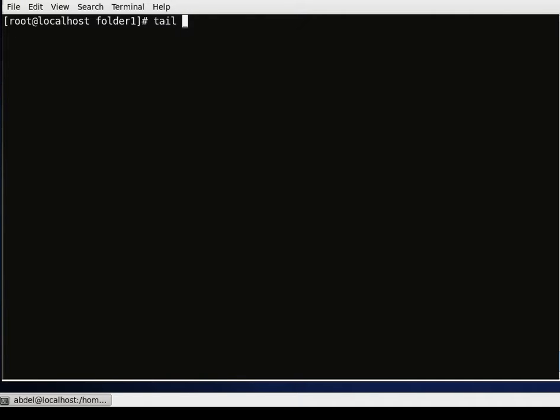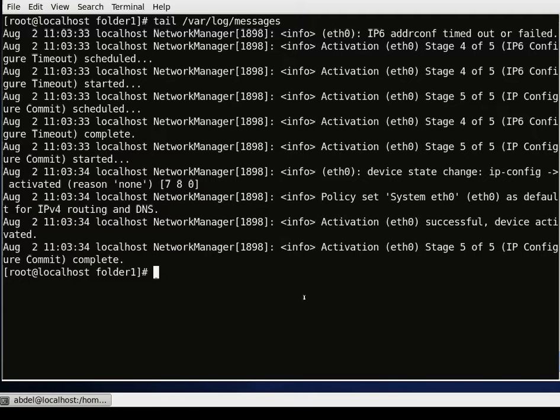Tail actually prints the last 10 lines of the file. Okay, let's go to log messages, var log messages, and here we go, the last 10 lines. I want to show you something very handy for troubleshooting. You could use tail -f, which appends the file, and I can see messages in real time from syslog, for example,